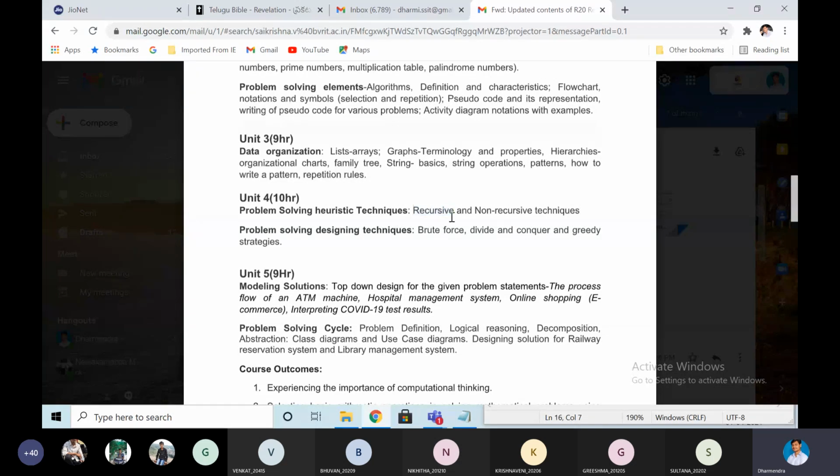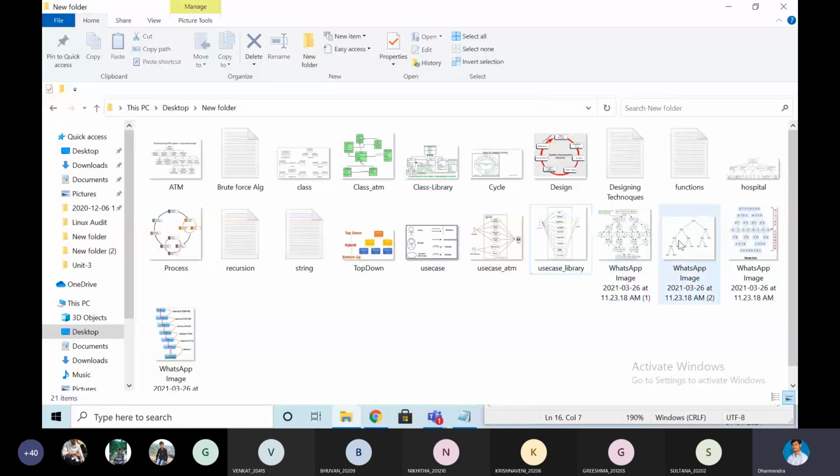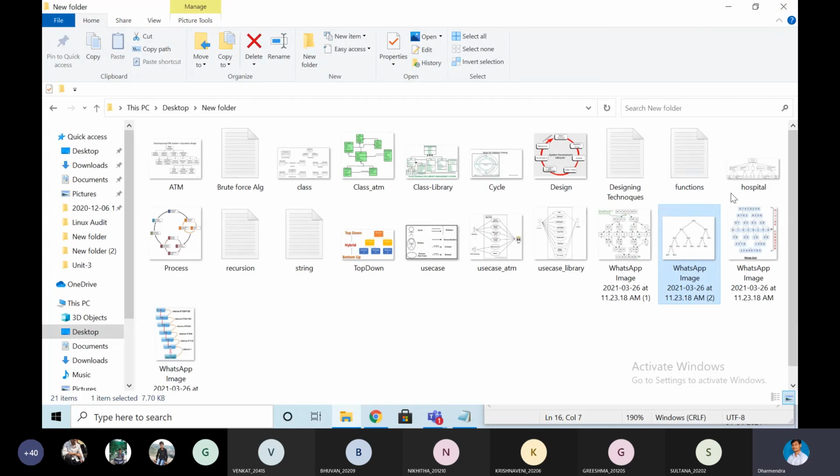Just you explain about the recursion, and 2 diagrams I have given, factorial and Fibonacci series. Observe here, for Fibonacci series I have given the diagram, and 1 diagram for the factorial.